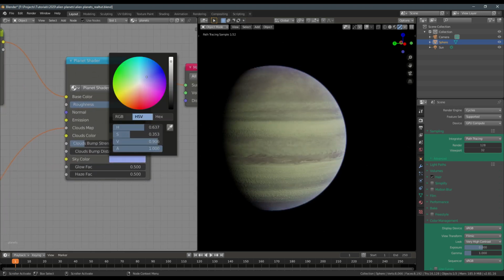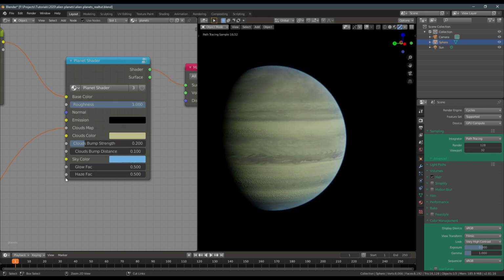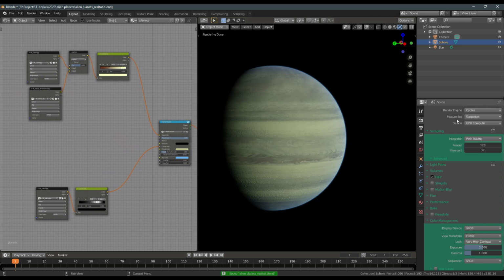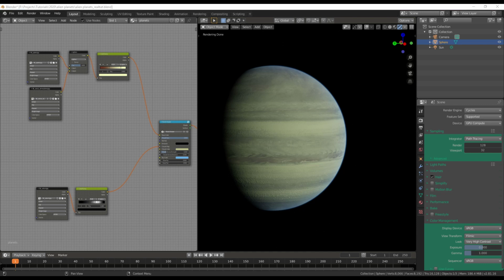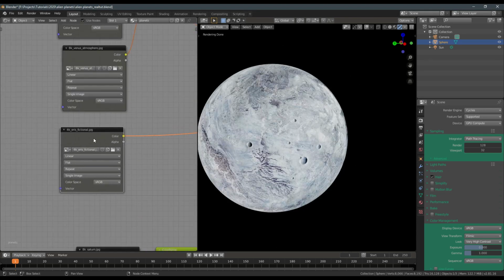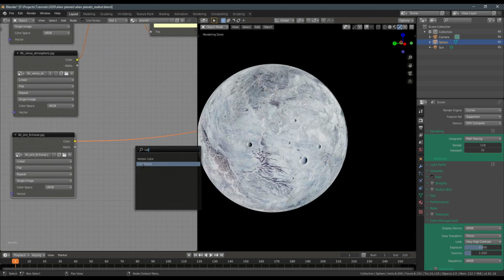So we could come in here and we'll make this maybe a blue. Now I want to actually go back to that idea of using emission, because what we can do is create sort of the appearance of storms, like maybe there are lightning storms that happen here. So if we take something like, what's a good way to go? We could take something like this Eris texture. I don't know if we actually ended up using this for anything. And maybe we take a color ramp